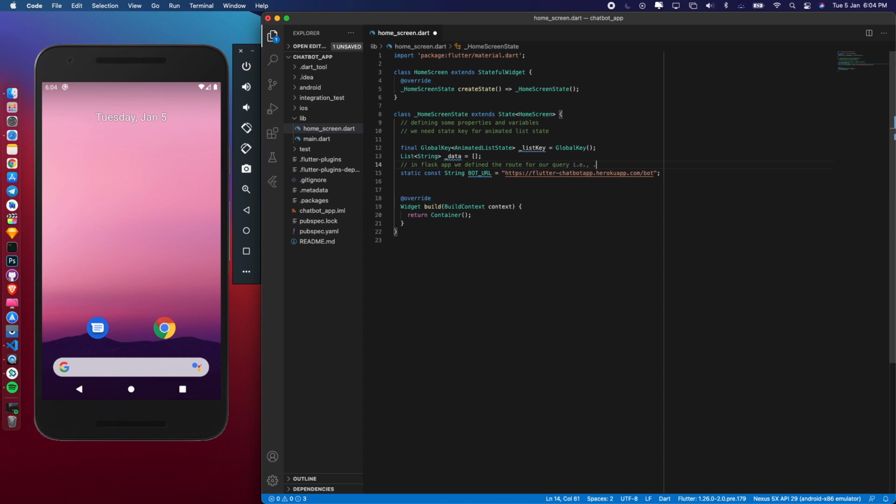Okay, now the next step we need to do is create a TextEditingController named queryController. The user enters the text and it will take that text through this controller. Now we will return a Scaffold with the AppBar, and there will be a background color for the app bar, that will be Colors.blue. The centerTitle yes, and we will write the text as chatbot. Now let me first of all, before doing anything else, run the app first.